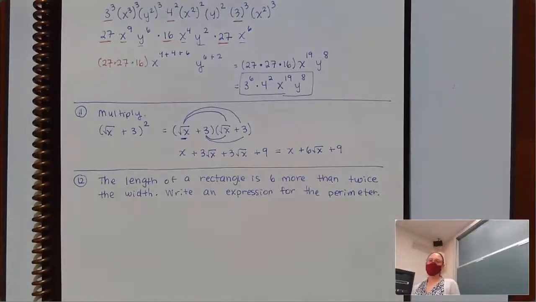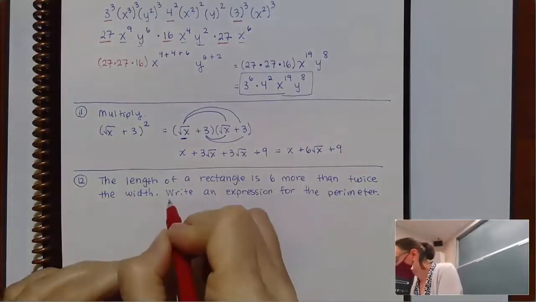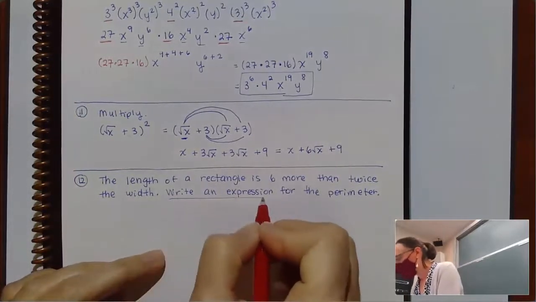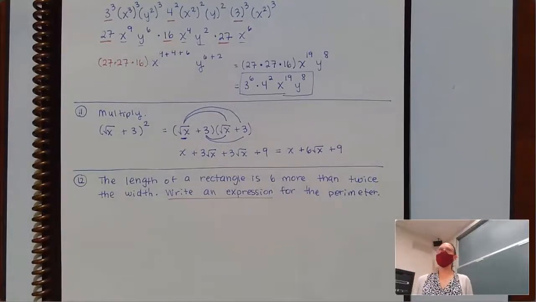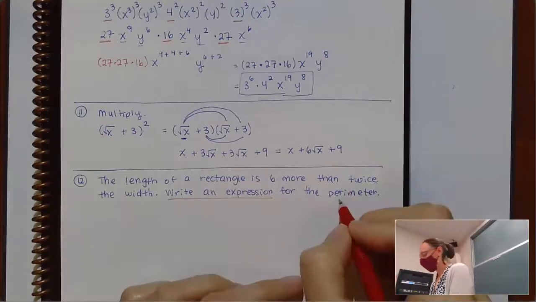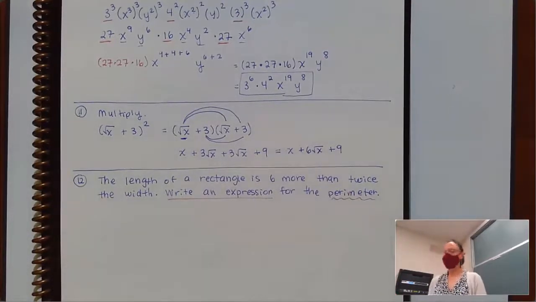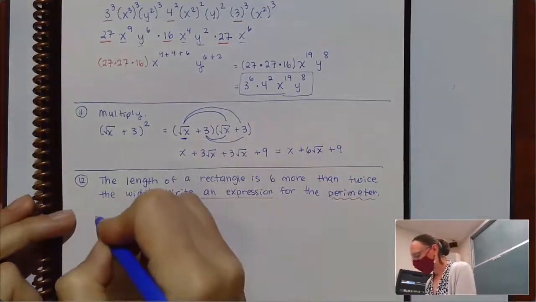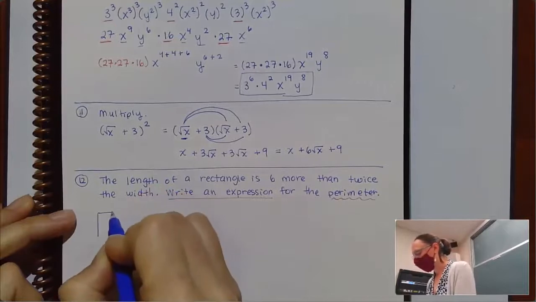Now I want to point out a couple of things here. First of all, what we're being asked to do is write an expression. There's nothing that we're solving for in this problem. We're just being asked to write an expression. Now, the next thing is, what are we being asked to write an expression for? The perimeter. So I'm going to start by writing perimeter equals